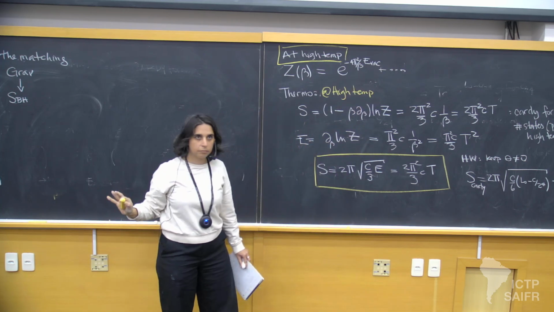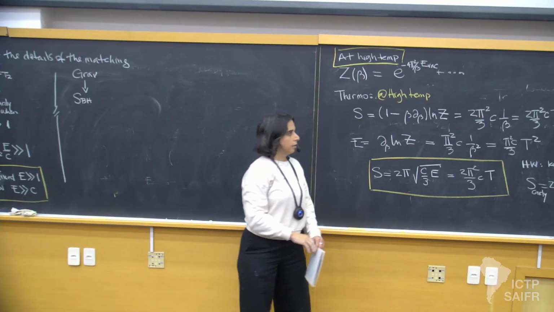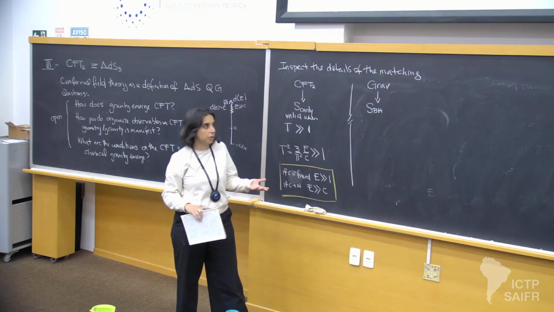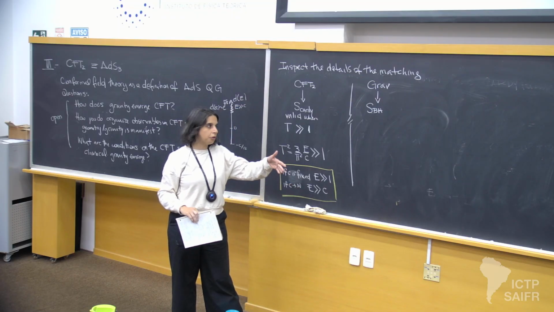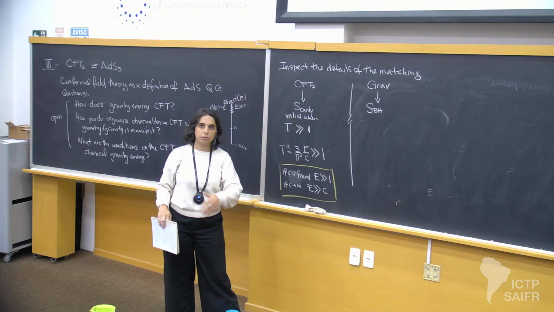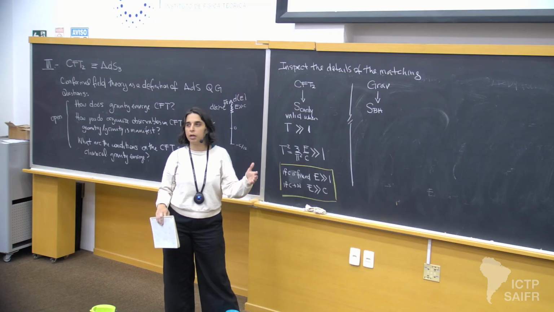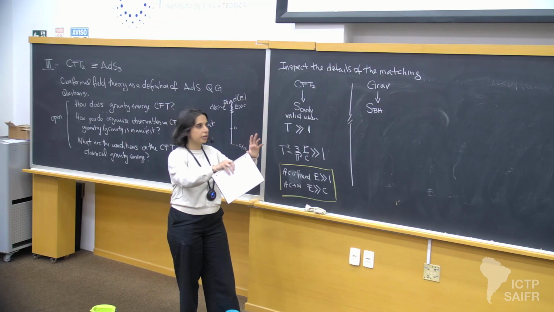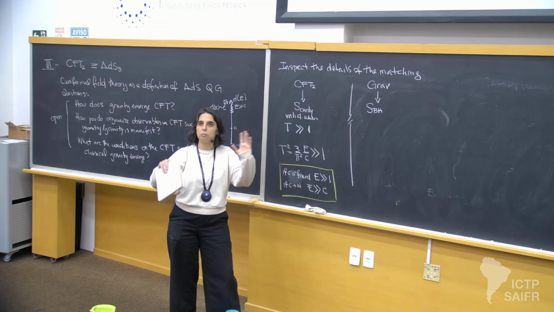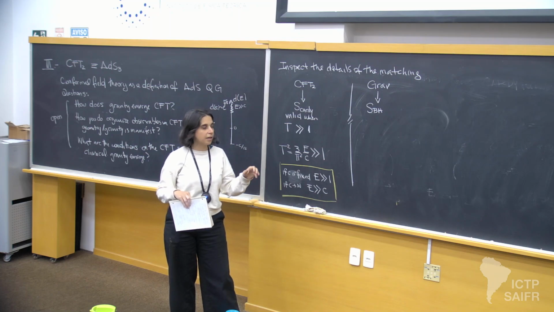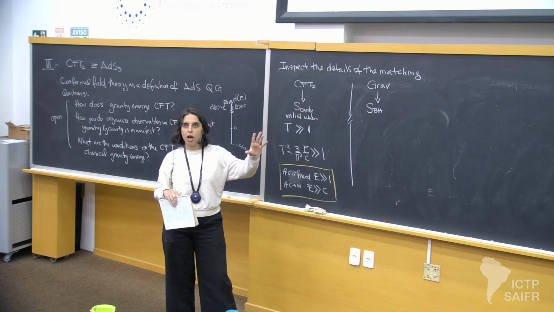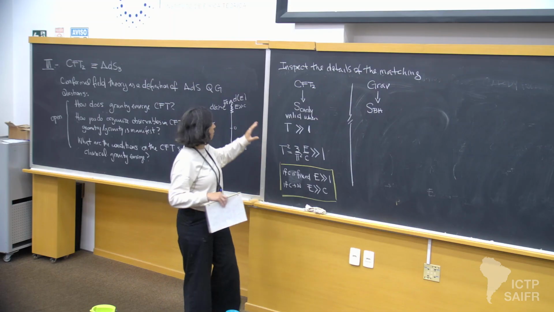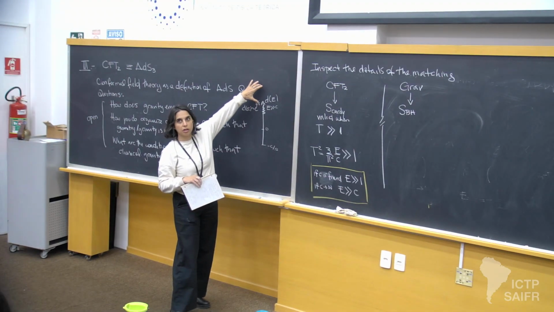Of course, if you wanted to know what a coefficient was at any given temperature, these are modular forms. There's very fancy mathematics associated with the Hardy-Ramanujan formula, or the Rademacher expansion. And then the expression for the density of states is some very complicated thing. But the only thing I'm illustrating here is that if you take the temperature high, there's a universal behavior of those coefficients. So when I'm very high up in the spectrum, then the density of states always goes like